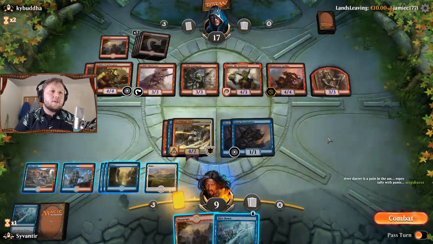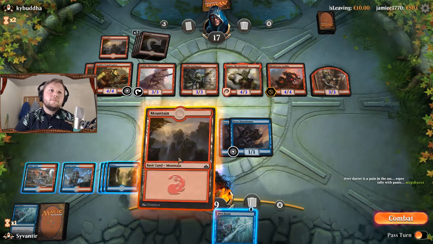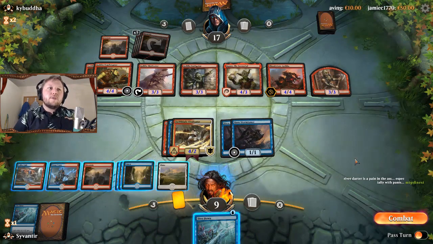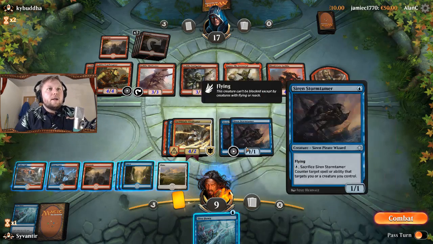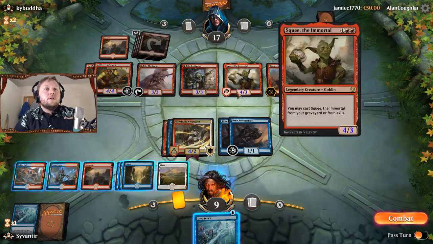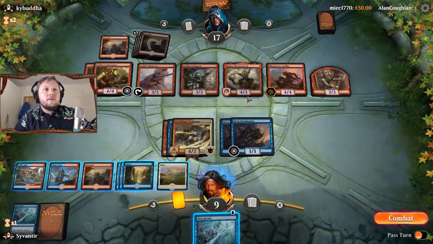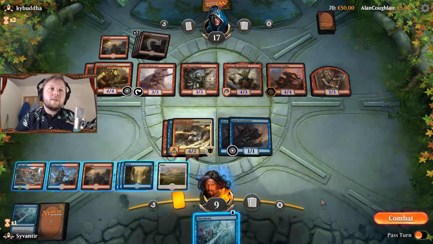Oh, the Merfolk, is it? Now here is where we have a bit of a problem. If I don't attack here, I can block 3 things at most. So 1, 2, 3, we'll say. So it's 3, 4, 5. It's still lethal. So I think the best thing to do is to bluff having something in my hand here,